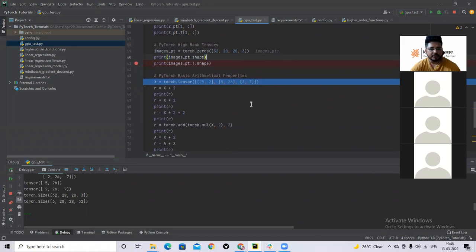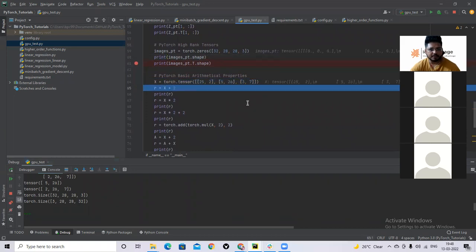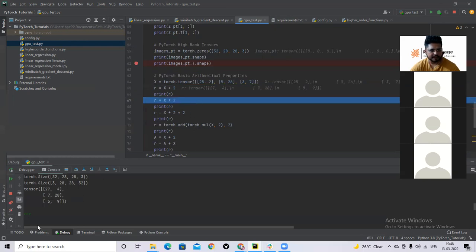I declare one more PyTorch tensor X. This is a two-dimensional PyTorch tensor. I am doing an arithmetic operation: R is equal to X plus 2, and print R. All the elements in X got added by 2. This is operator overloading.